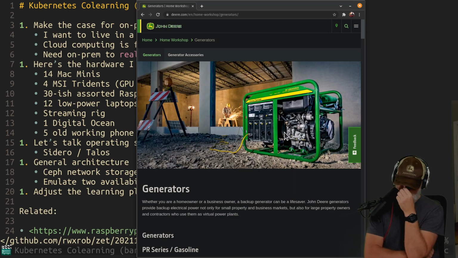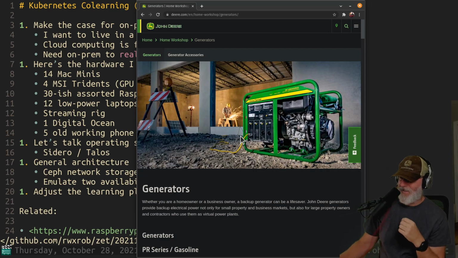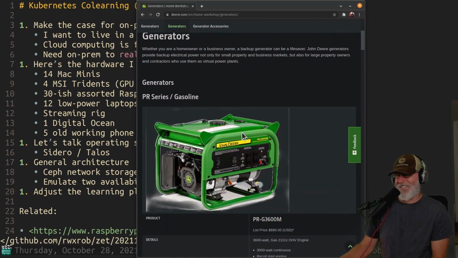People are like, I got me a Threadripper with like 64 cores. I'm like, oh yeah? I got me a John Deere P series. My Kubernetes cluster is going to be up way after your big fancy Threadrippers are in the toilet. Yeah, let's go. Let's do this whole chaos architecture, people.